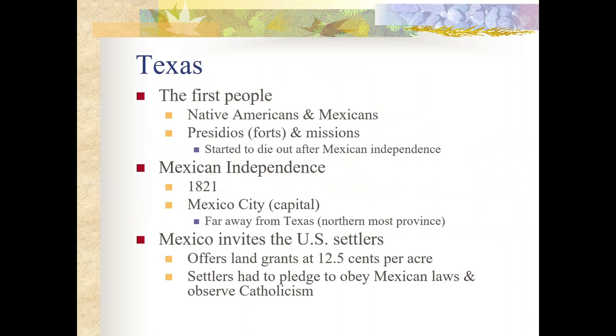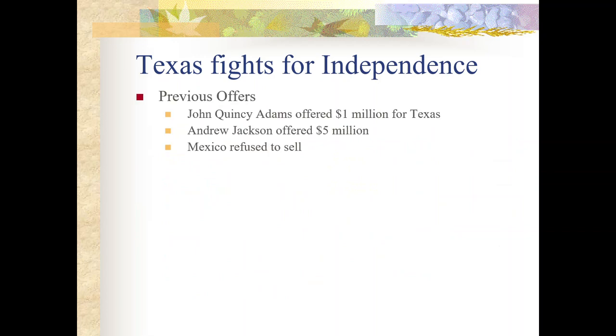But what many American settlers saw, and what Mexico is going to learn, is that while they agree to these terms, it's going to be very difficult for the Mexican government to actually try to enforce them. So Texas decides to fight for their independence. As more and more American citizens settle in Texas, there starts to be a growing idea that Texas should be annexed by the United States, because the American citizens are going to start to outnumber the Mexican citizens and even outnumber the Native American citizens within the Texas territory.